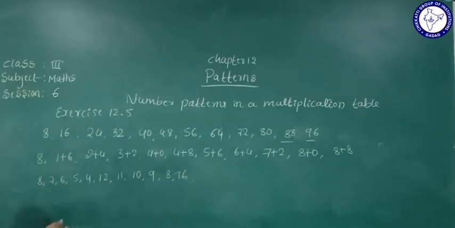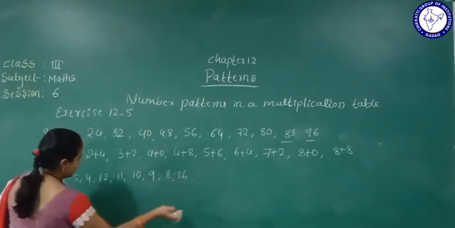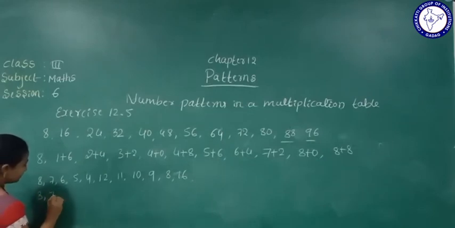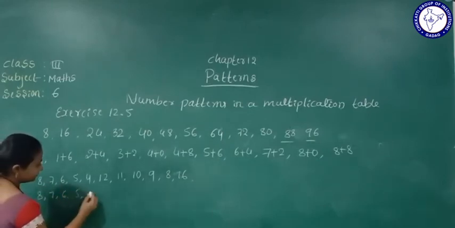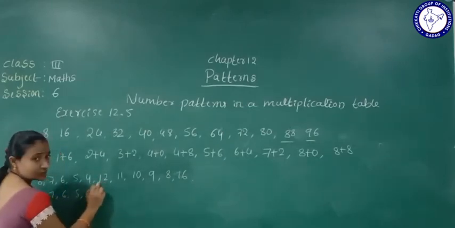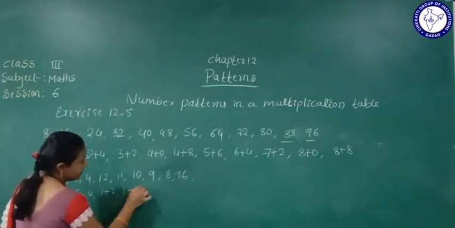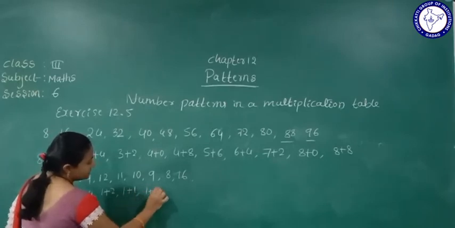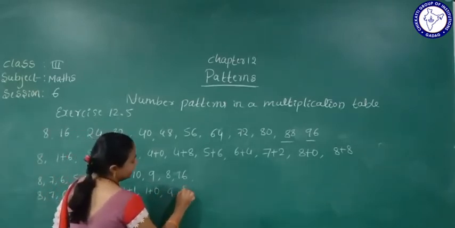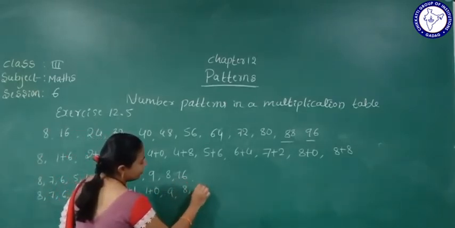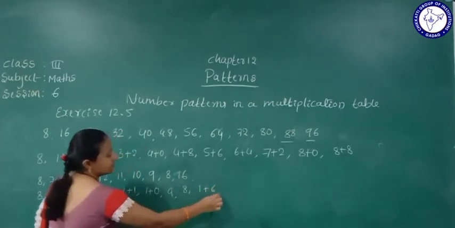Okay, so next again here two digits are there. Again we will split that. 1 plus 2, is 12 there? No. Here 1 plus 2. Is 11 there? No. 1 plus 1. 10, 1 plus 0. 9 as it is. 8 as it is. Is 16 there? No. Here what will we write? 1 plus 6. Yes. Okay.